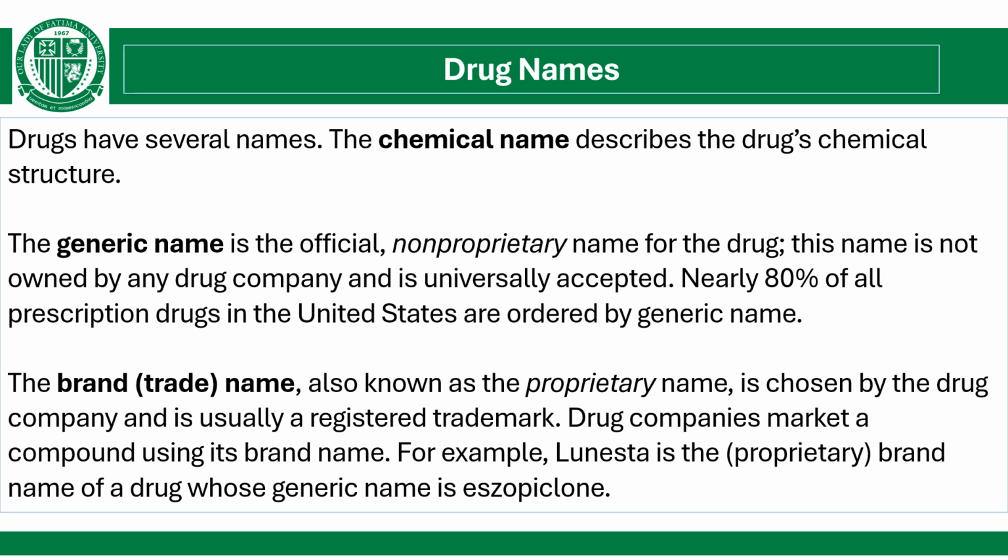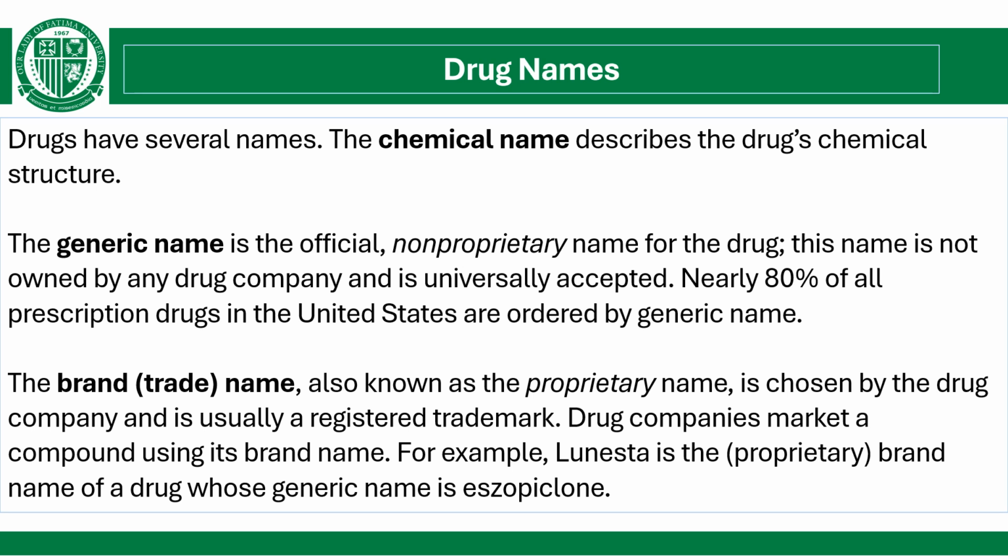This is not owned by any drug company, so most of them give direction on the type of drug that could be manufactured. However, it could be given a name, which would be the brand or trade name. It's also known as the proprietary name, depending on the manufacturer. So, when a drug company issues a brand name for a generic medicine, they must register a trademark for the medication that they so desire.